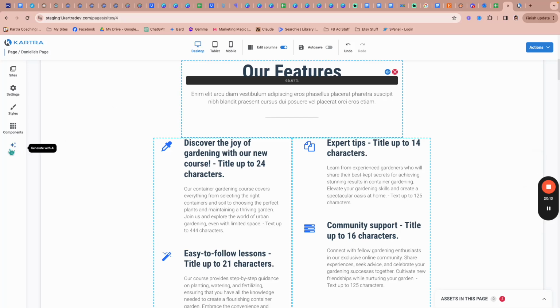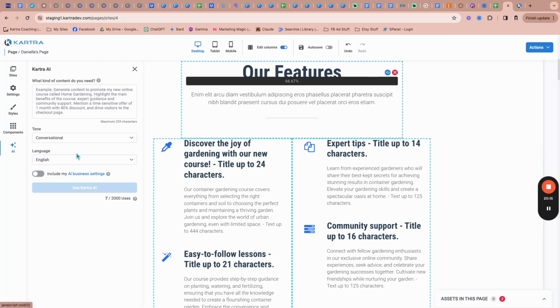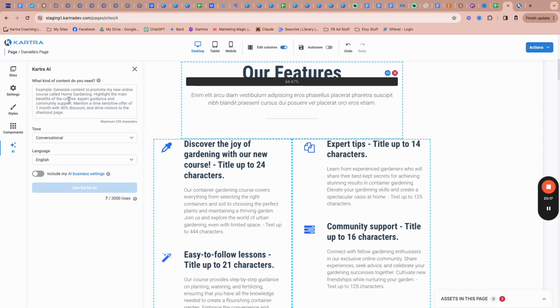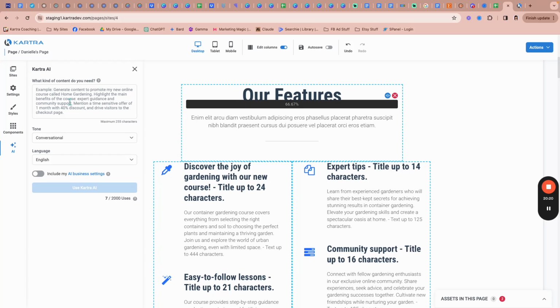Let's use that content and then let's click generate with AI over here and see what this does. Does it populate the whole page? Generate a long form sales page for my new course on container gardening. It will be a 6-week course, have 10 modules, and